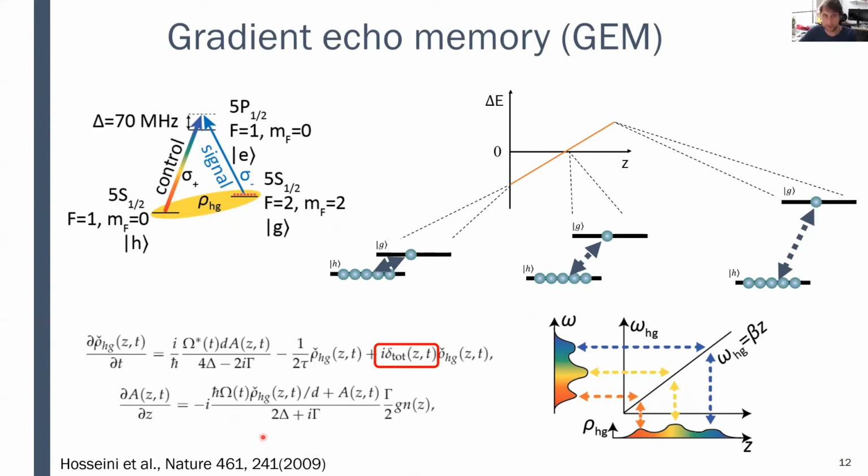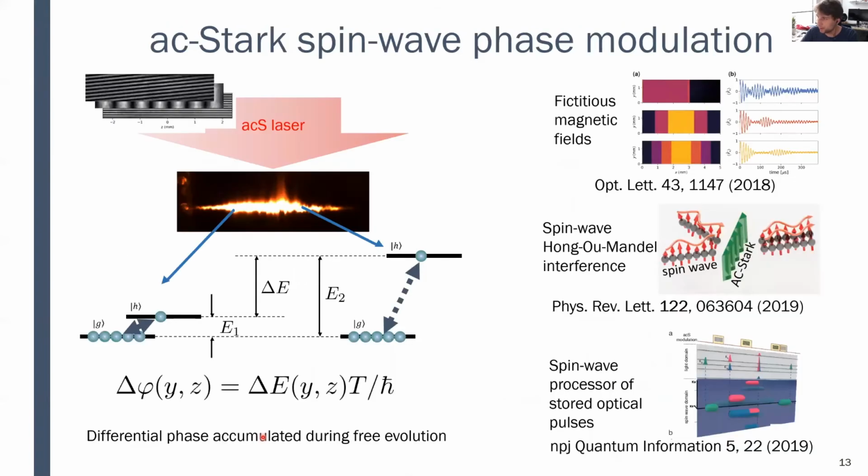And it has been termed the gradient echo memory. Now we add one more touch to the gradient echo memory, which is that we can also control the phase a bit more than just with the gradient of a magnetic field, but we use a further tuned AC Stark beam to eliminate the atoms from the side, so that we can program this phase shift in particular in the z direction as a function of the position. And in the past, we have already demonstrated several protocols with that.